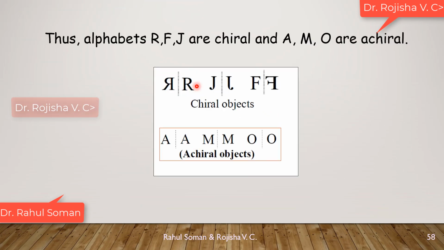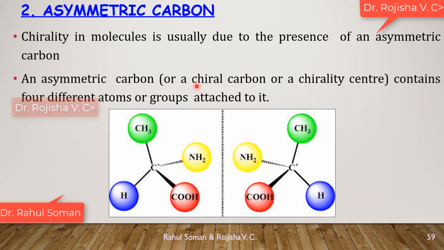So this is applicable to the chemical world also. The molecules, the atoms and molecules that we are composed of, all these things, some will be chiral, some will be achiral. So we will look into that, and what is the importance of this chirality, that also we can discuss now.